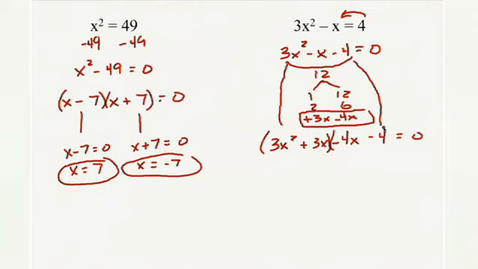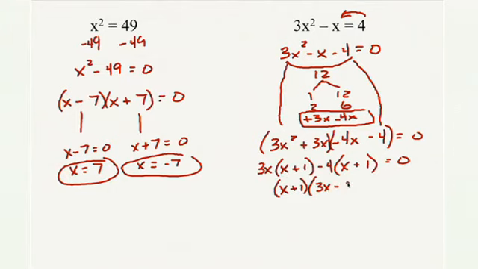Okay, now using the grouping method, group the first two and the last two. Out of the first two, we can take out 3x. And we're left with x plus 1. Out of the second two, remember when that third term's negative, we want to take out a negative, and we can take out negative 4, and again we're going to come up with x plus 1. Remember, negative 4 times x is negative 4x, negative 4 times 1 is negative 4. So we finally get this thing factored by taking out the x plus 1's, and then the 3x minus 4 goes in the other parenthesis.